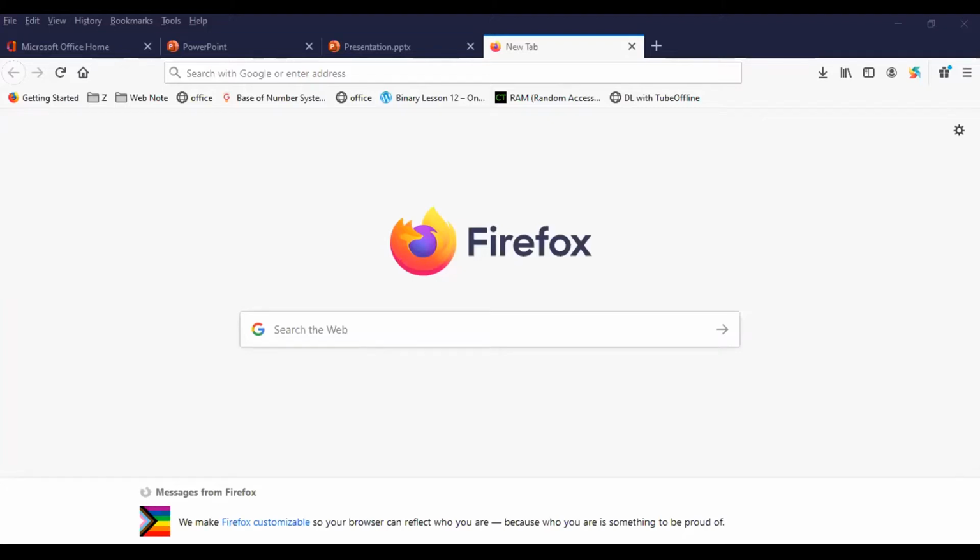I think I have shared my screen, so can't you see that? I can just see the Firefox. I have already shared this one. I think you all can see my screen, right? We are seeing a blank Firefox. Yes, the Firefox is processing.